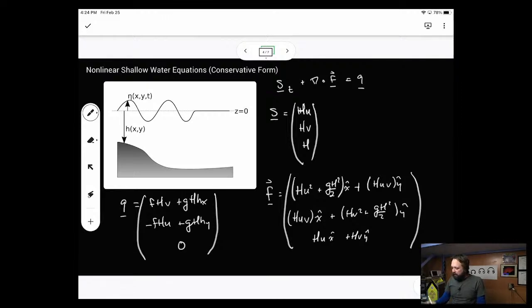In order to get the velocity component. So when I actually go to calculate h times u squared, what I have to do in the code is calculate hu squared and divide by the fluid thickness. And this is a little bit of a problem when we do the numerical method, because the numerical method, if